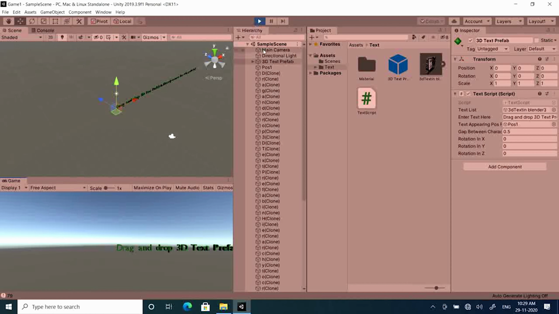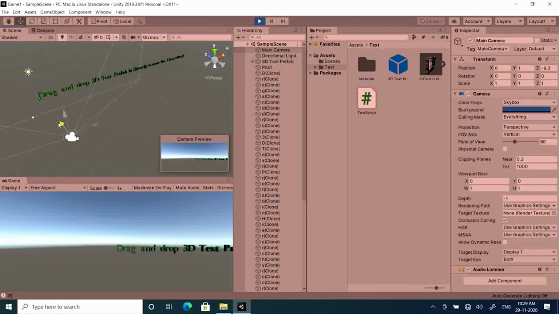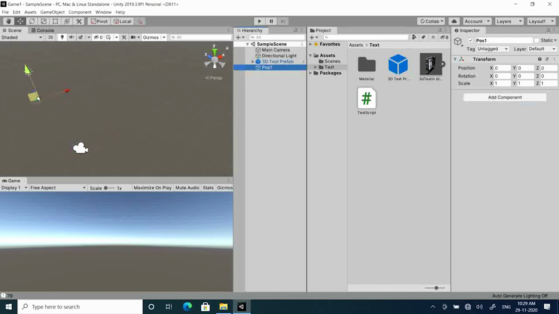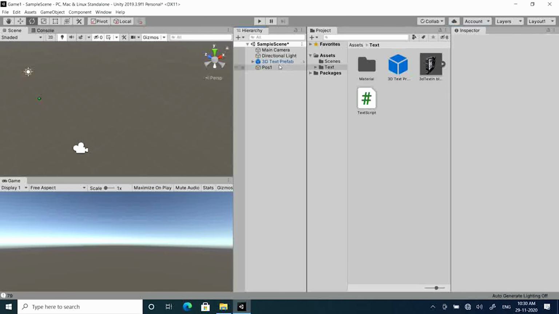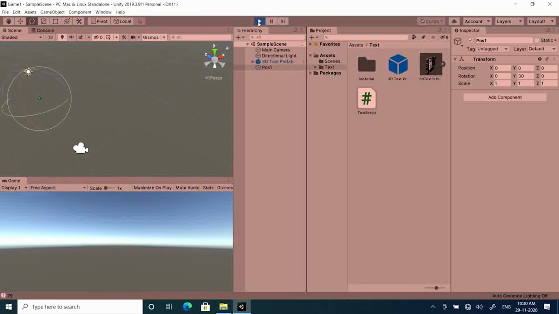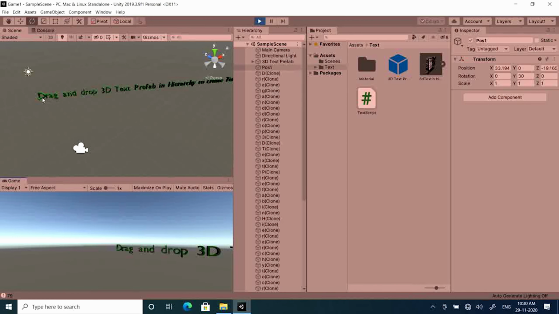Now we see text is appearing at position of this empty game object. Now let us give some rotation to pose 1. Let's say 30 in y-axis. Then we run the game. We see now that orientation of text is changed.